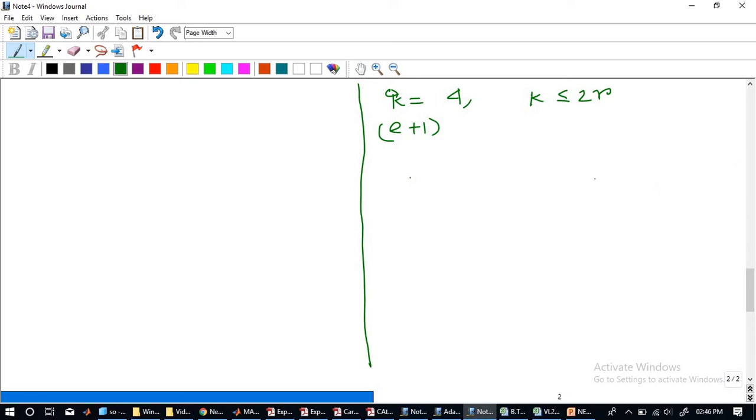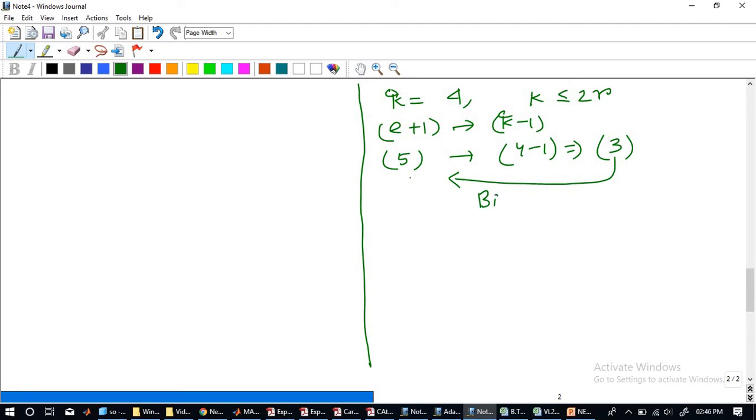So if K is 4, then E plus 1 bit of K minus 1: again 5 bits, K is 4, so 4 minus 1 is 3. You have to represent 3 in binary for 5 bits. What are you getting? 00011. So converting this 3 to binary, your fixed code is 00011. I'll write it this way, then it's easier.